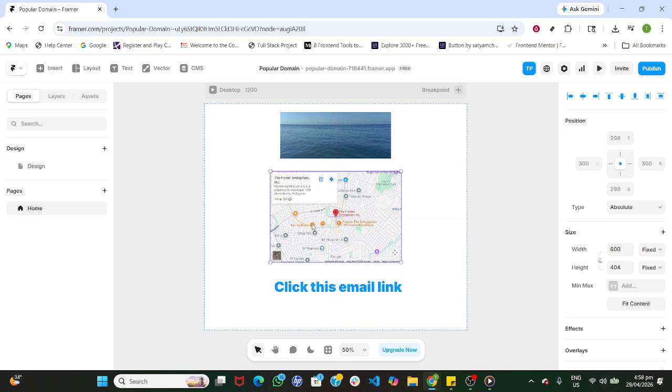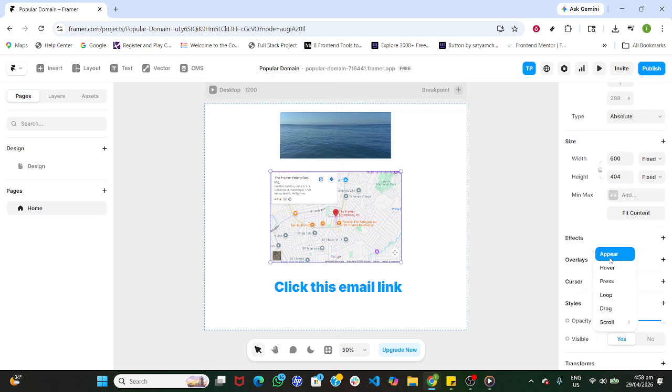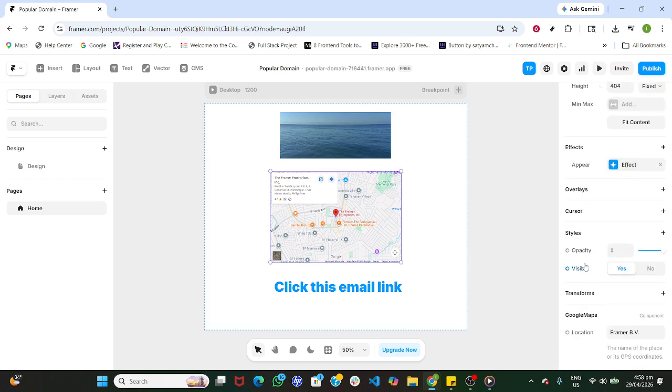Now move through the styling controls to polish the look. In overlays, you can keep things minimal so the map remains the focus. Under Effects, add a subtle shadow if you want the map to float above the background. Switch to Styles to adjust corner radius, borders, or background behind the map's frame so it blends with the rest of your design. In Transforms, you can fine-tune scale or a slight rotation, but keep changes gentle so the map